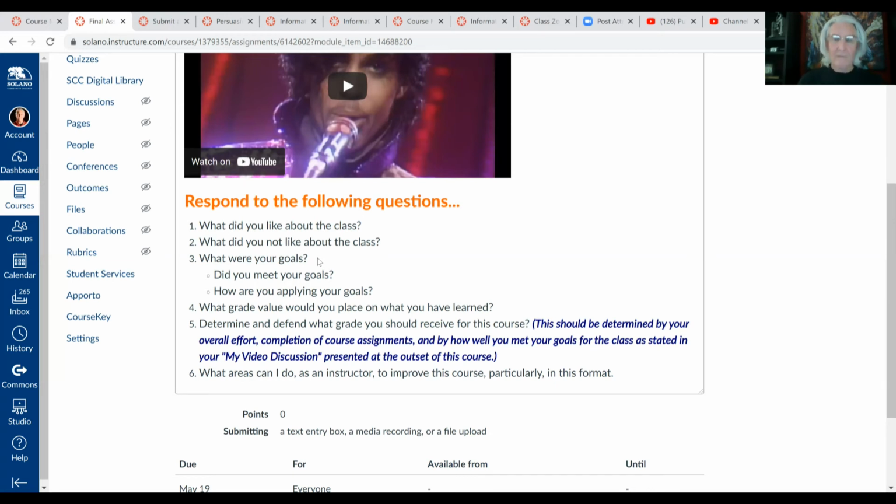Also realize that as an instructor, I have access. I know how much time you've spent on Canvas. In fact, if you just look right over here, you guys won't have this on your shell, but I click on this. This will show me how much time you've spent on Canvas for the whole semester, and it also tells me how much time you spent on each of the modules. So if one of your goals was to really become confident as a public speaker, but yet I look at that persuasive speech and you didn't look all that confident, and then I check out your hours and I see, oh, you spent less than 20 hours total on Canvas,